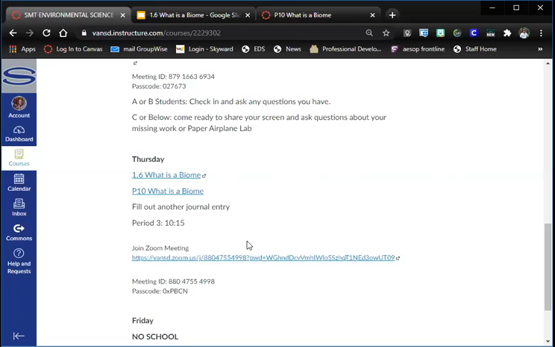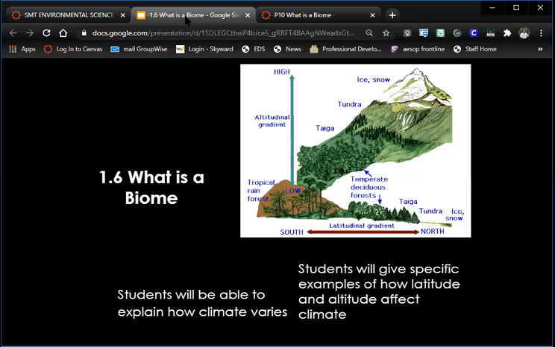What is a biome? So we spent a few days talking about specific biomes. I just wanted to come back and discuss what the specifics were. Okay, so the first one, what is a biome? Here we see a great picture of changing height, which is our altitude, and changing north to south, which is